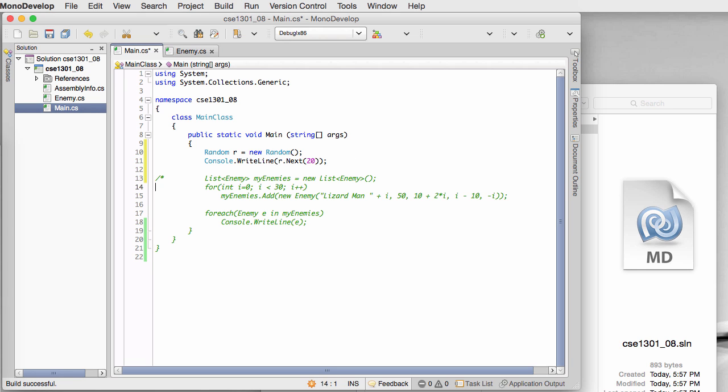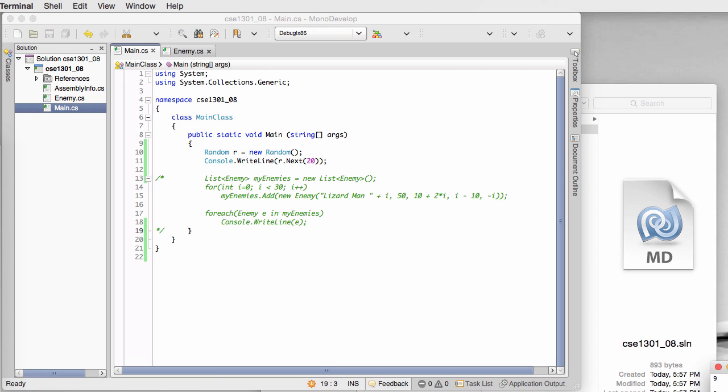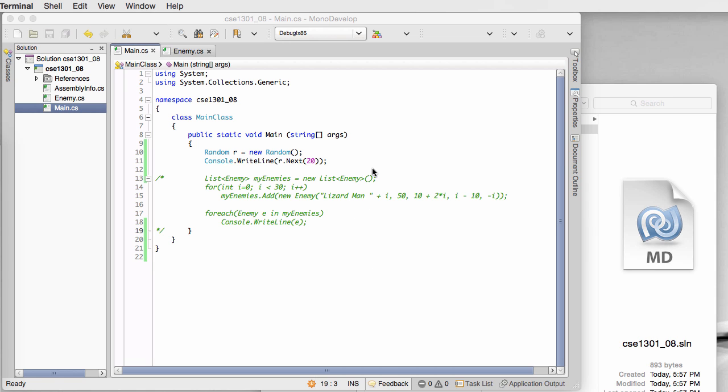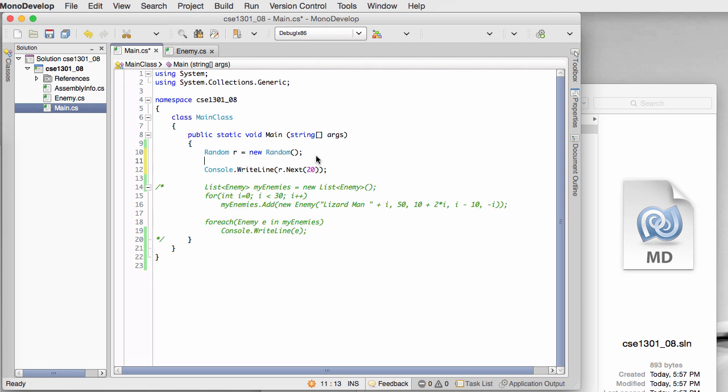Okay, so let me quickly comment out all of the workings of our lizard men, just so that you can see this random number go to the screen. Okay, so here we get the value of 9. So random r is a new random, and then r.Next of 20 is going to give us a new random value. If you want to see what that's going to look like,